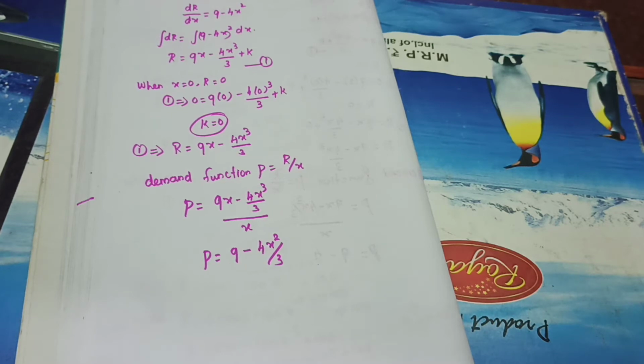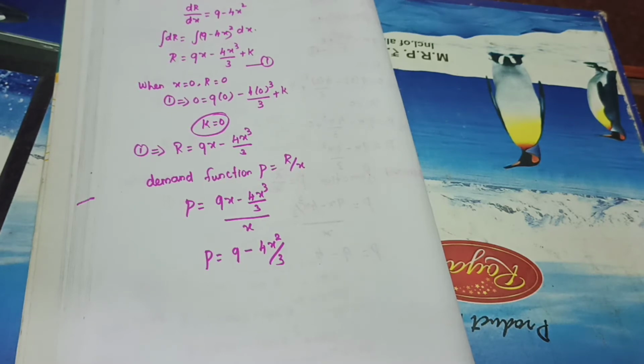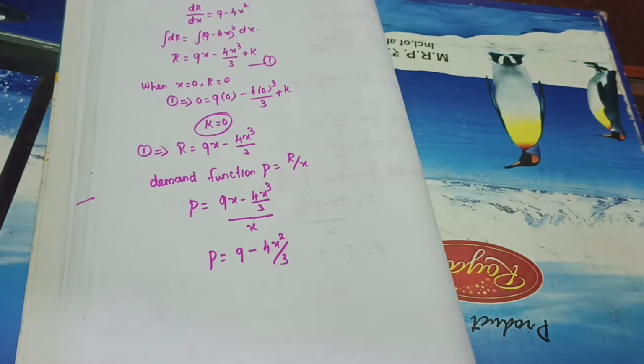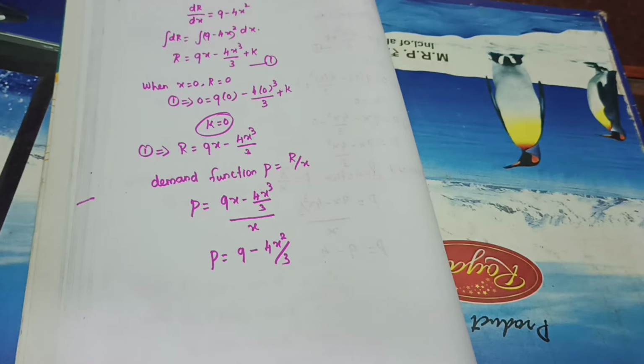Understand? I think now you got a little bit of an idea. Okay. If you do some problems, you will get more idea. So first you do one thing. First you understand all the concepts. What do you mean by R? What do you mean by MR? What do you mean by MC? What do you mean by P? What do you mean by C? Understand and learn everything. And afterwards, when you are doing it, it will be very easy. So in this problem they gave the marginal revenue. From that you can find the R value. Afterwards, if you need the demand function, P is equal to R by X. That's all. Understand students? Okay.